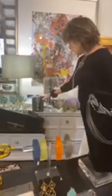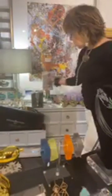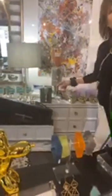And then we sell a lot of gift items, which is what I want to talk to you about right now. For gift items, another big seller is these funky rocks. If you haven't seen them before, they're so wonderful for wedding gifts. They fit any size bottle. I haven't opened that up,